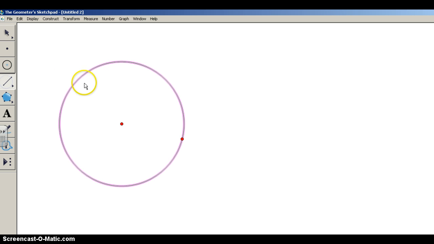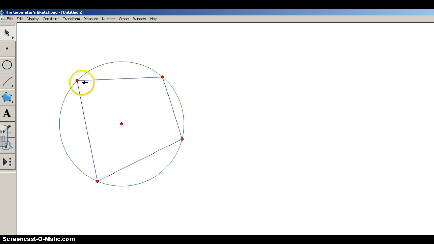Do you remember what that means, an inscribed polygon? Actually, I'm going to do an inscribed quadrilateral. An inscribed polygon, and most specifically here an inscribed quadrilateral, is when all of the vertices of that quadrilateral or polygon lie on a circle. So this circle is circumscribed about the quadrilateral, and we can also say that this quadrilateral is inscribed within the